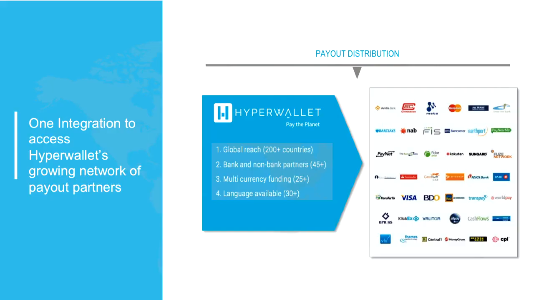To make the problem even more complicated, every country has different bank account formats, different clearing rules, different compliance requirements. So it makes it very challenging for a company that needs to expand beyond one country because they're going to have to integrate with all these different banks, find partners, bring all that complexity into their system. And really, that's the problem we've solved.